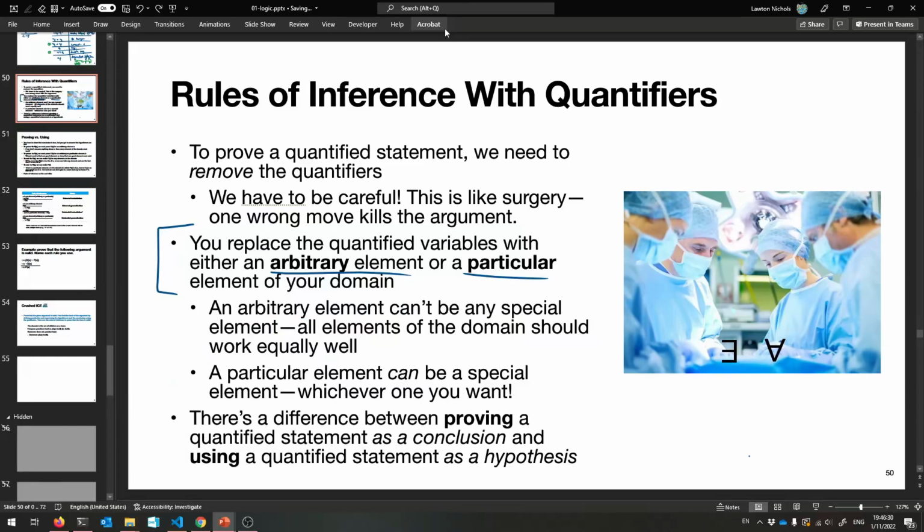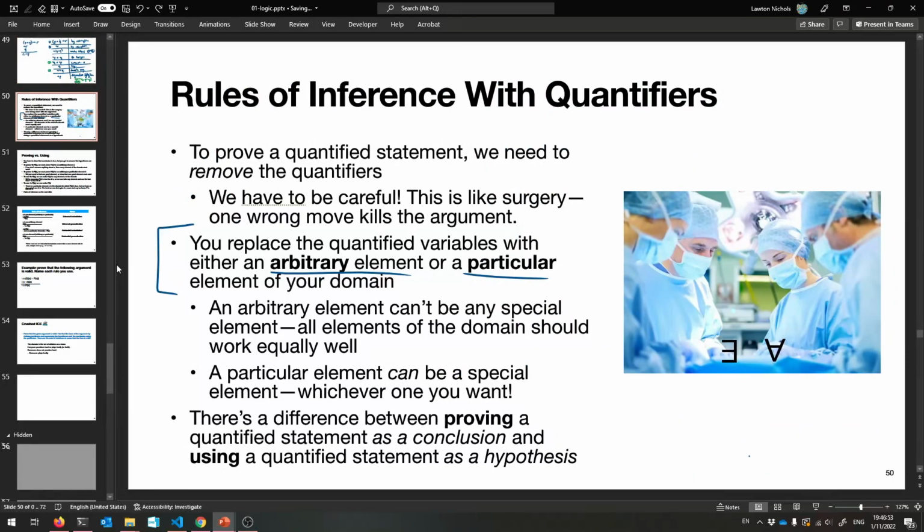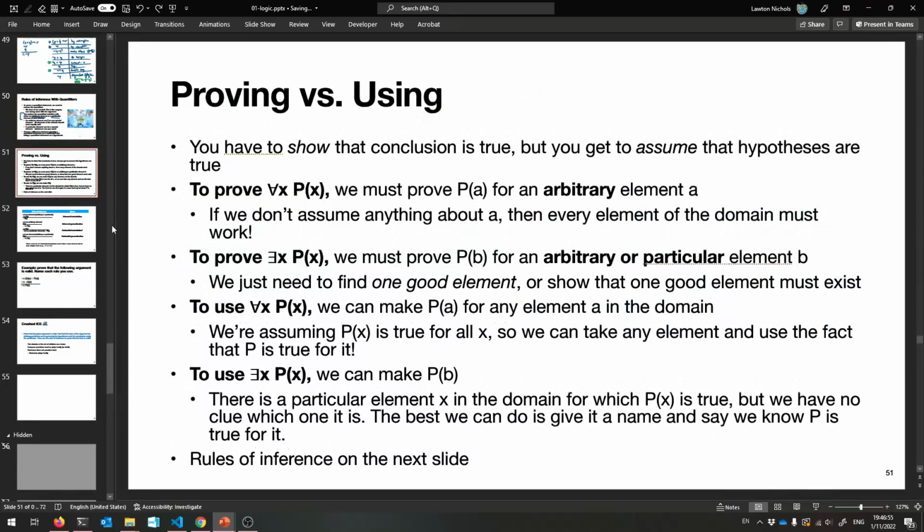Okay? There's also the idea of proving versus using. Like things are in hypotheses versus things are in conclusions. You might have a quantified statement in your hypothesis, which you can use. That's different from having a quantified statement in your conclusion, which you must prove. Okay? So let me show you the difference there. Proving versus using. This is going to be a lot of text. Don't worry, I'm getting to an example. I just have to say it first. All right? So,